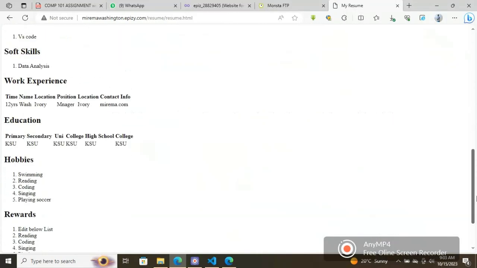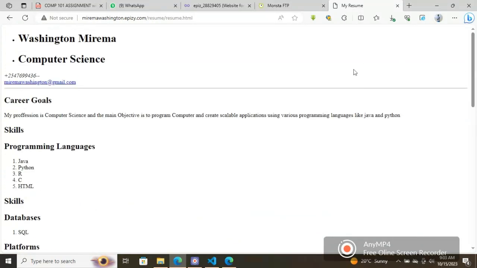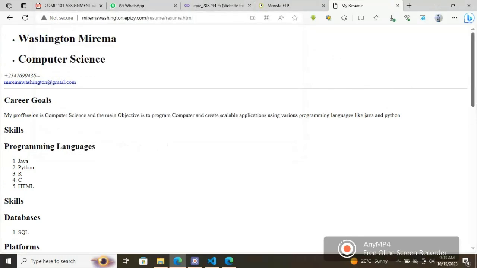So it is on that website label, in the folder resume, and then the file is resume.html. So when we run that, we'll be able to see we are getting our